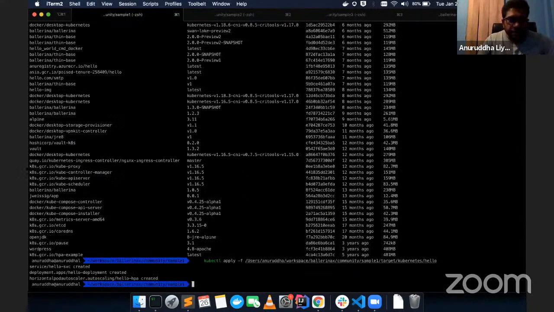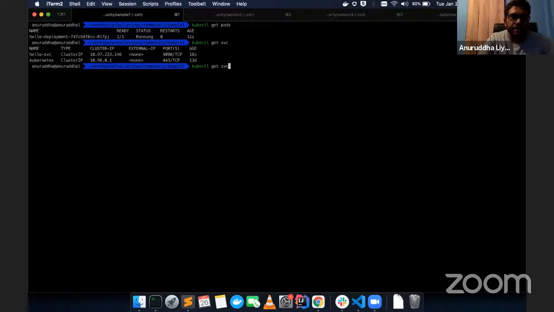It will generate the service, deployment and a horizontal pod autoscaler. Let's see whether it's deployed and running. The pod is up and running, and we can do a get svc, and the service is created, and the HPA is also created.